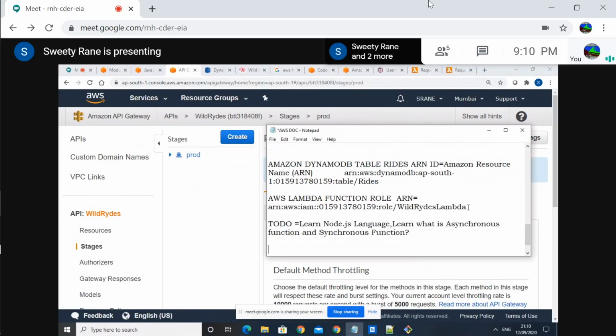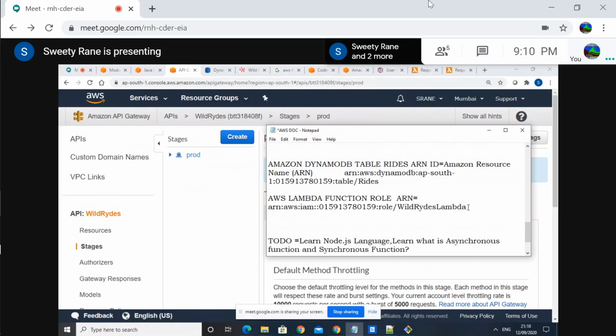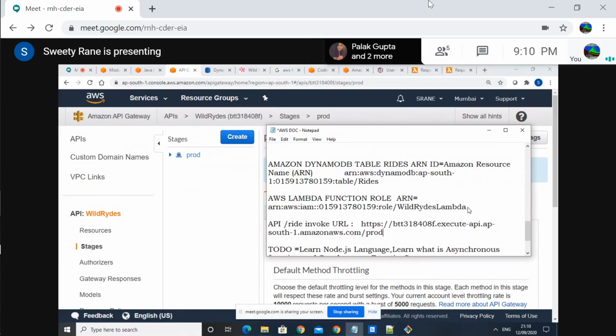So say API ride, slash ride, invoke URL link. Okay, so save this and read the next step.